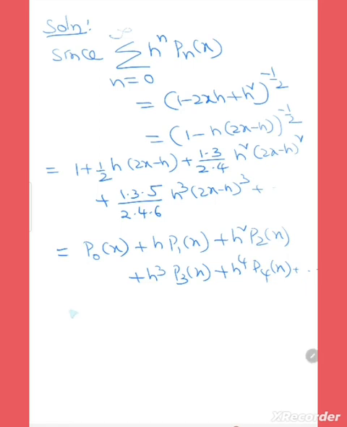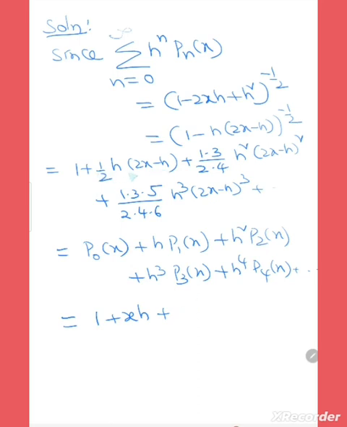So this can be written as, once again writing this. Here there is only one constant, it is 1. The second term should be written in the form of the coefficient of x. What is the coefficient of x in the second term? In the second term, the coefficient of x is x into h. The second coefficient is x plus h, and after that the h square coefficient is